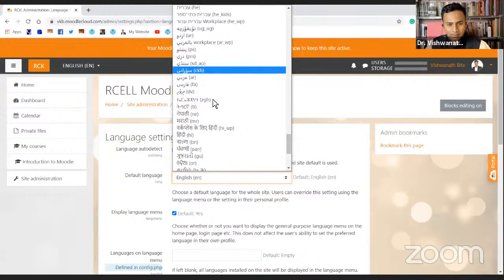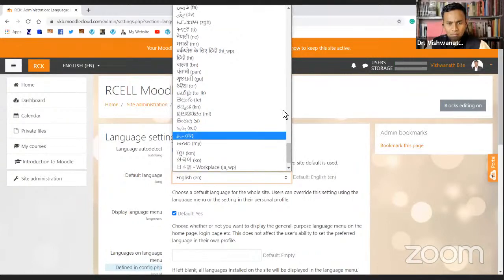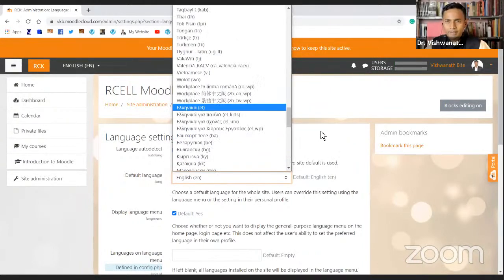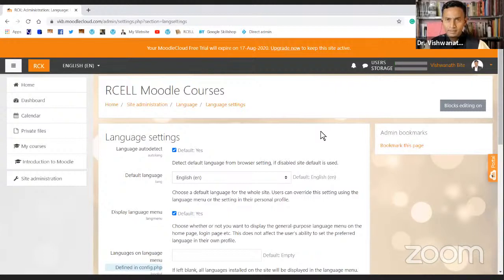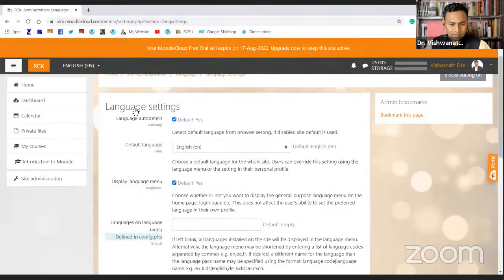Even Nepali, Marathi, Hindi, and almost all the prominent languages of India are available in Moodle by default. So you can make use of this platform for even primary and secondary education setup also. So that is the important setting.